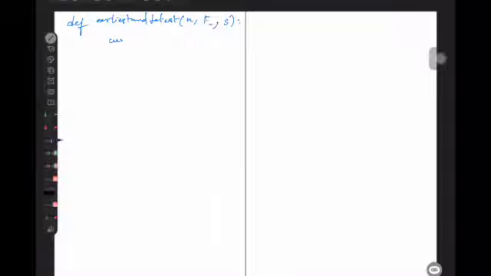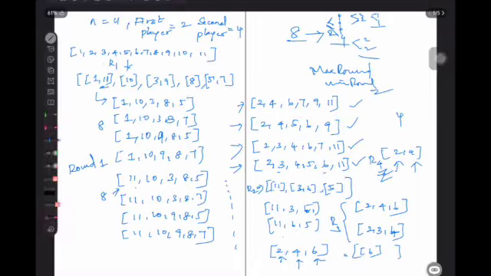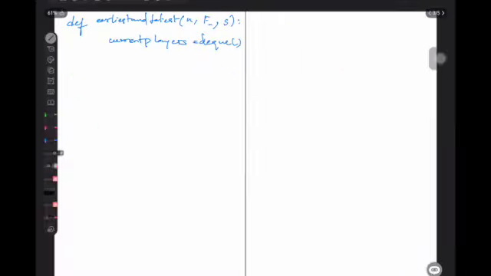So let's have the current players as a deque, because we are always going to pop the first element or the last element. We eliminate the first element or the last element, right? So a deque will give you pop left and pop right.